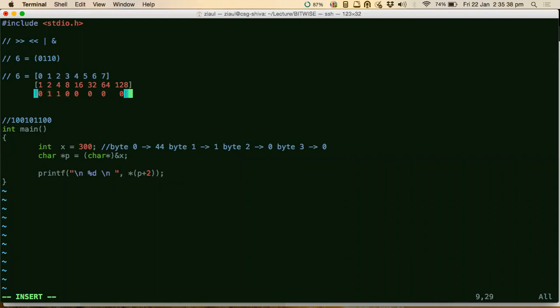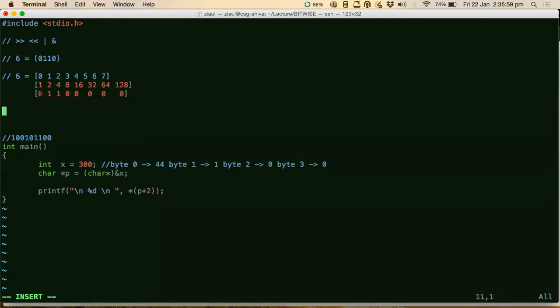Sir, 1 and 0 stand for if a bit is read and if a bit is not read. Yes, if you are using that bit to create that number, then you put a 1 at its position. If you are not using that bit to create that number, then you put a 0 in that position. And the resulting value that you get by putting 1s and 0s in this fashion, that's what the bit representation of that number is. Okay, sir. I totally got it. Now there should not be any confusion here. So this is what 6 looks like.